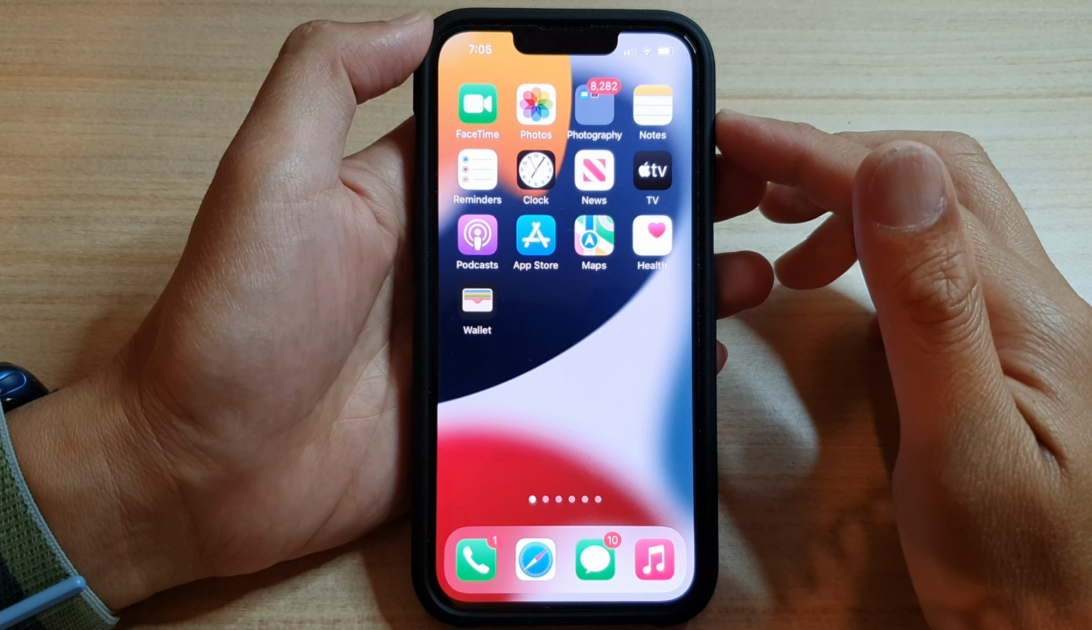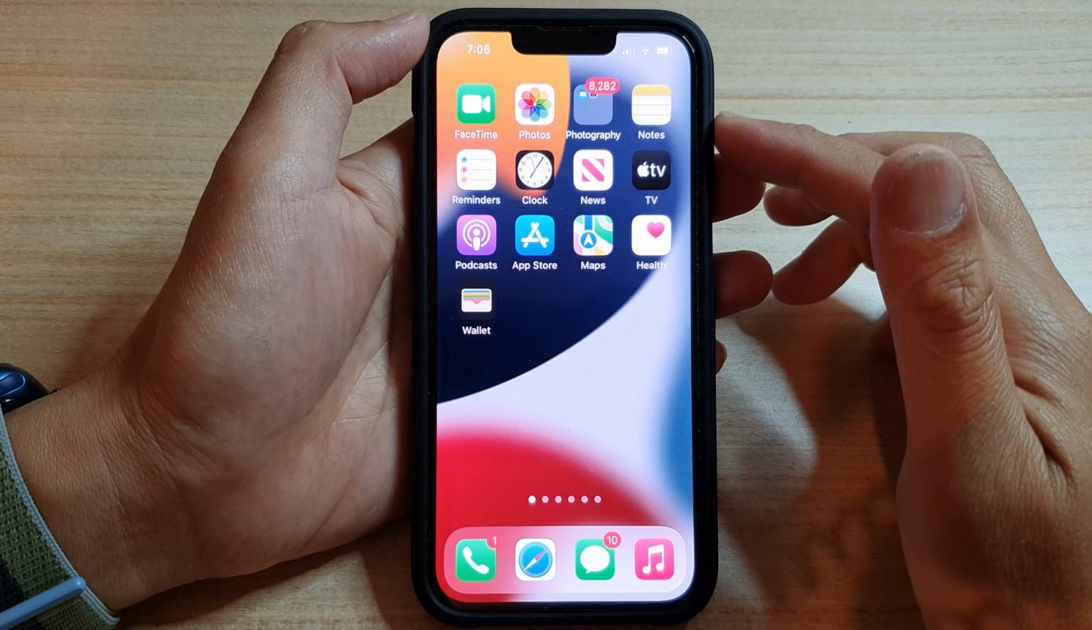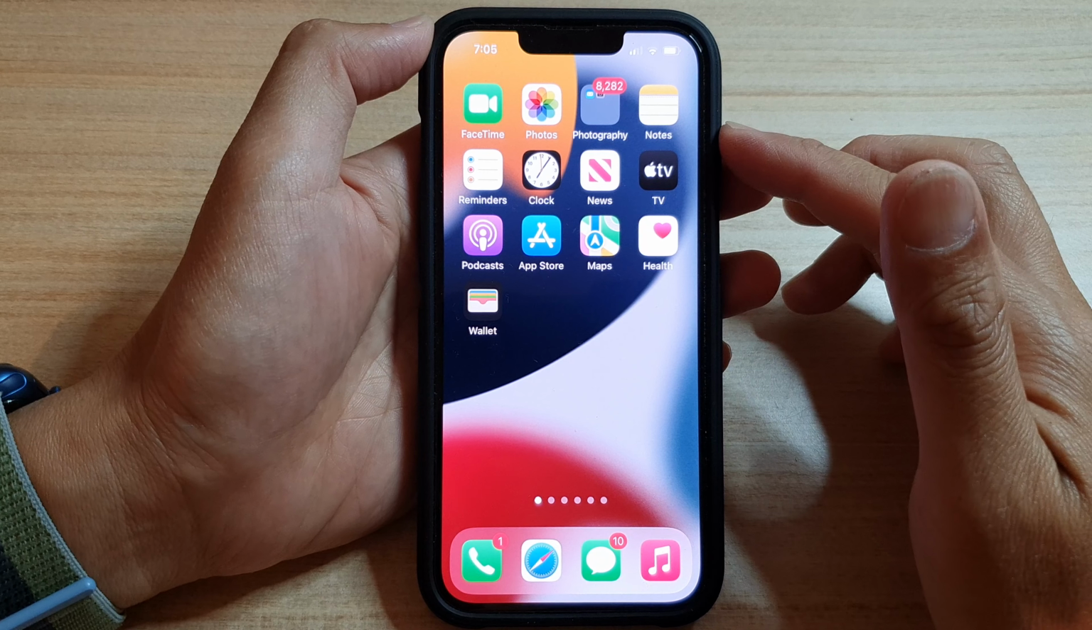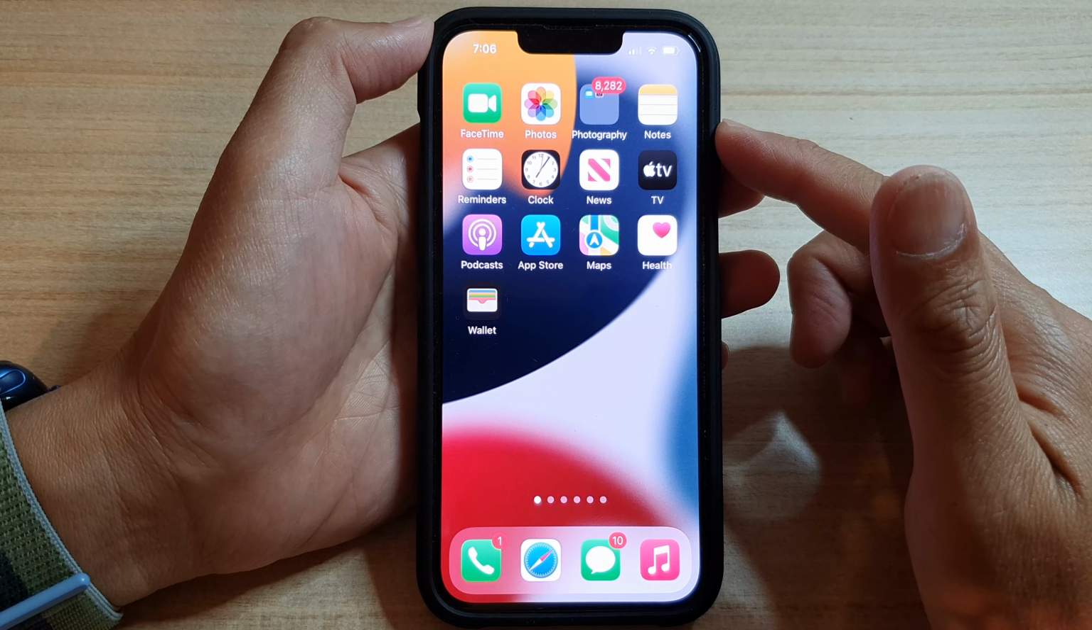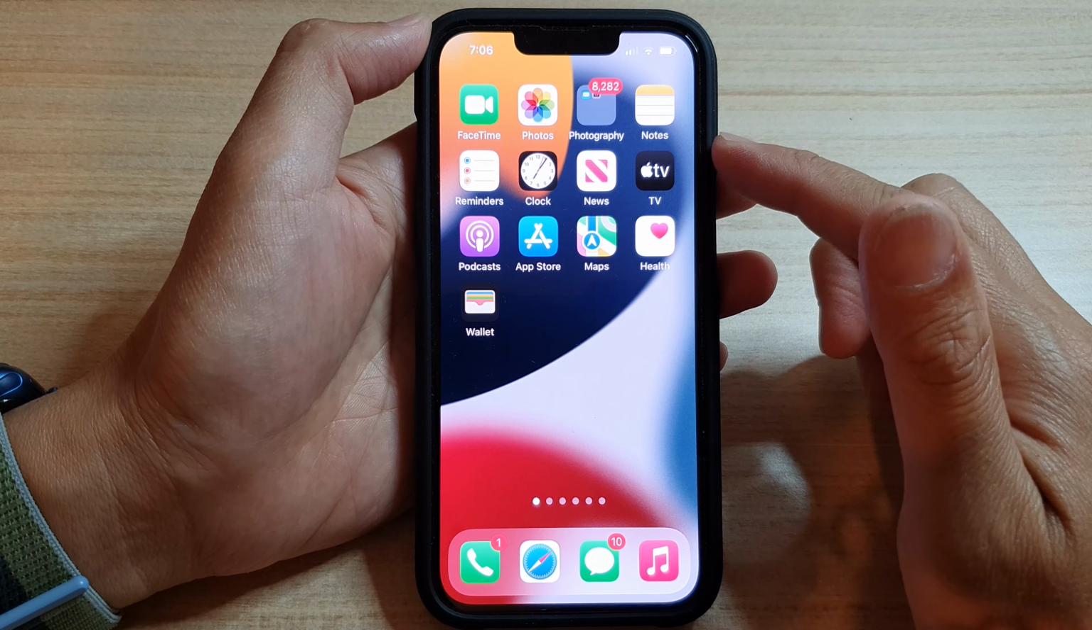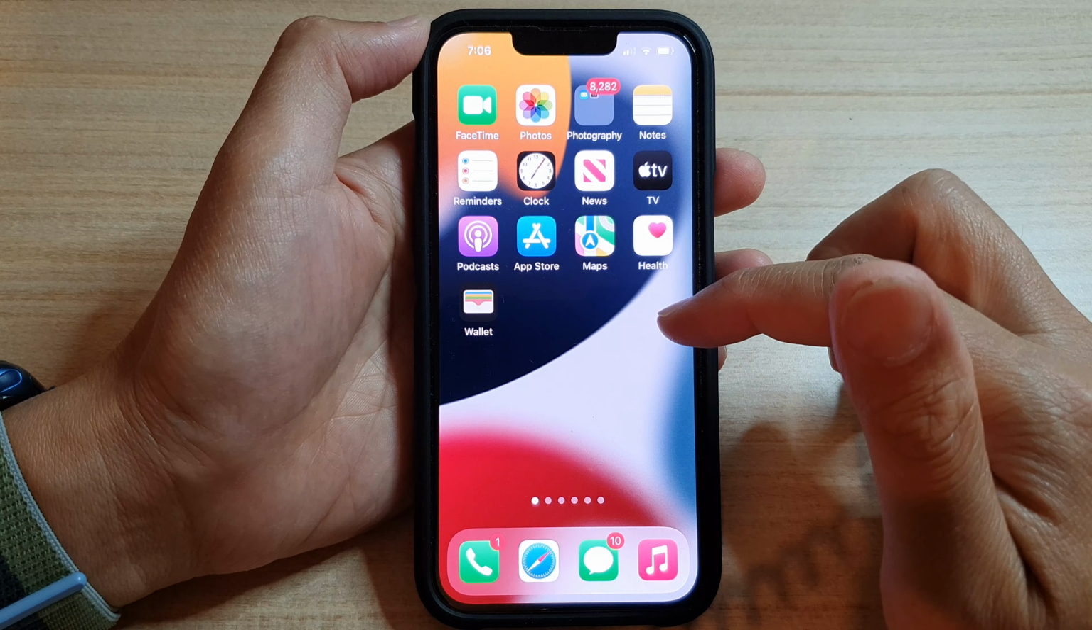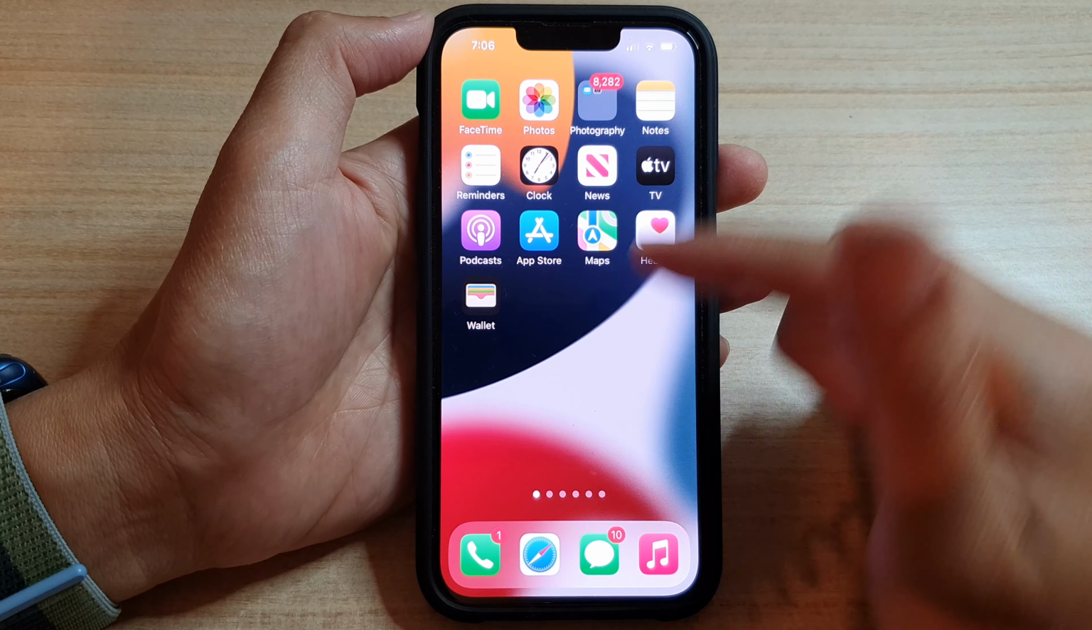Hey guys, in this video we're going to take a look at how you can find the missing camera on the iPhone 13 series. Now first let's go back to your home screen by swiping up, and on the home